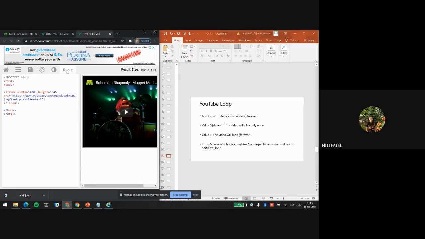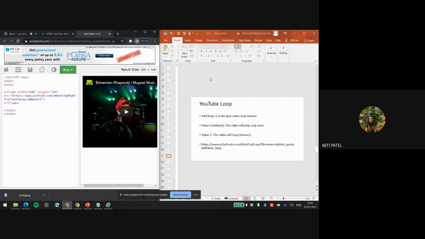We call these values Boolean values. There can only be 2, like true and false. Can it ever be both true and both false? No, it is either true or false. Okay, so the Boolean value has only 2 things to hold. It is either 0 or 1. Same is the case here. Autoplay can have only 2 Boolean values, either 0 or 1. We cannot have 2, 3 like that. Same if it is muted, it has only 2 Boolean values, that is 0 and 1.